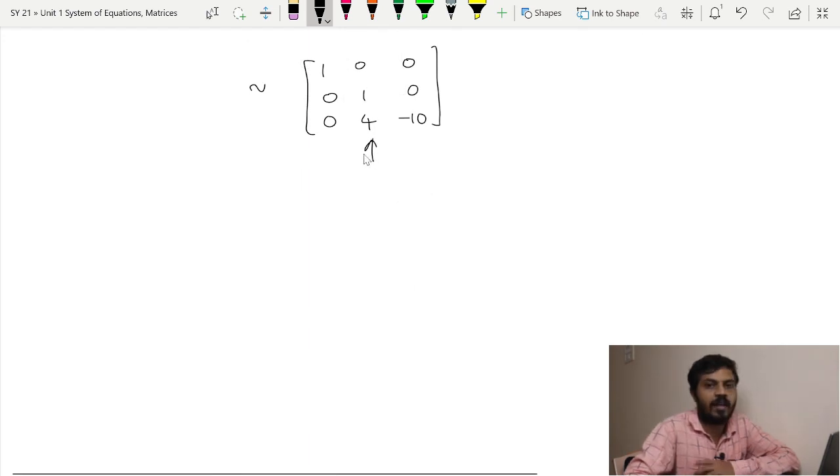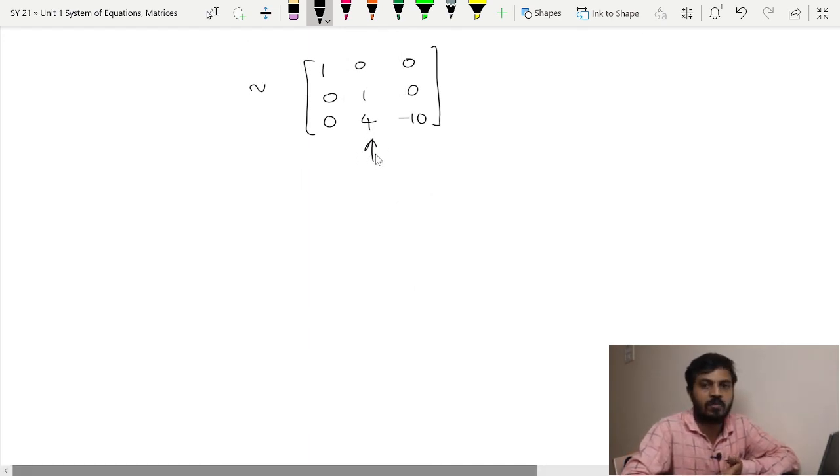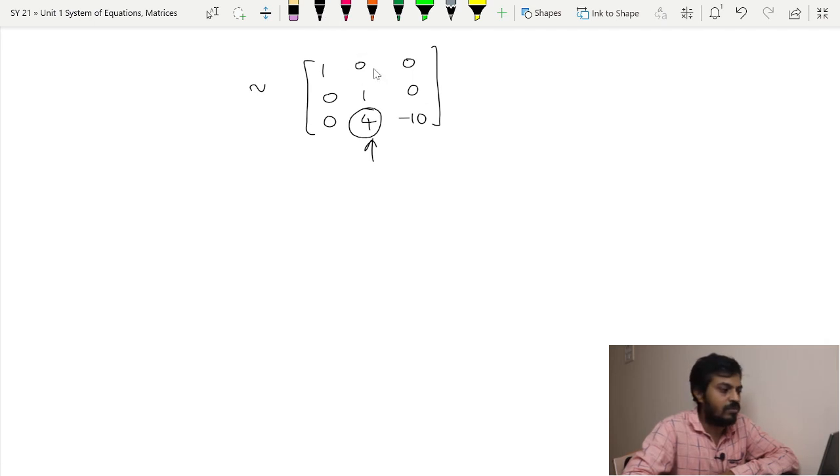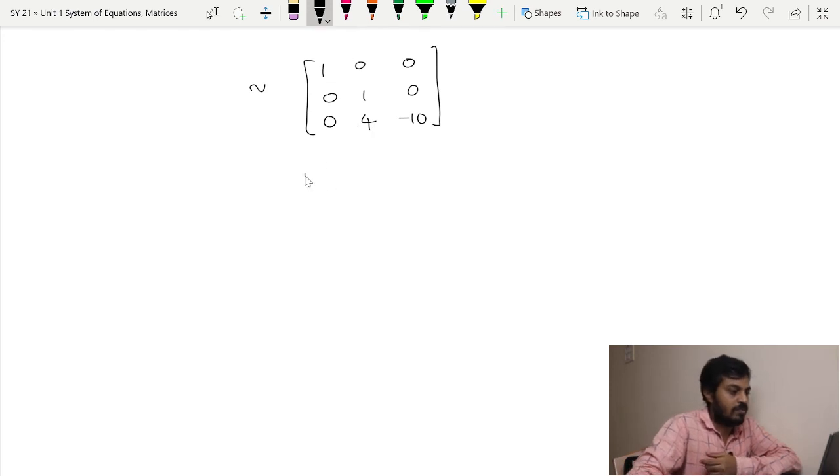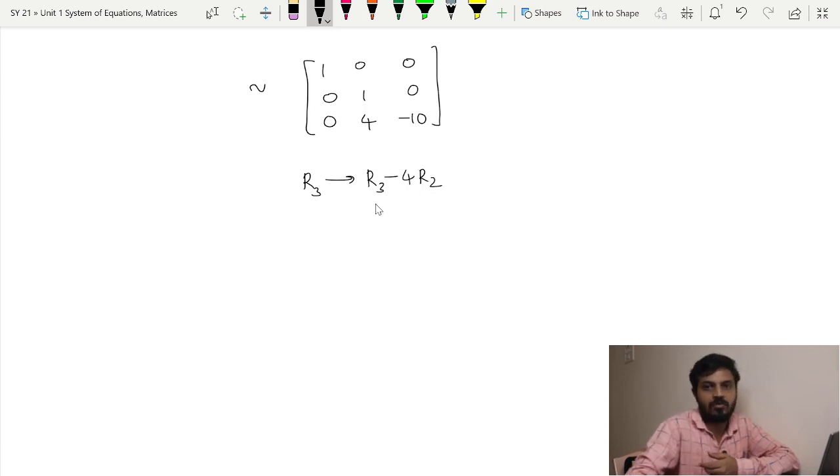Again, this entry in the identity matrix is 0, so we have to make that also 0. How to make it 0? Naturally we cannot use this entry because that entry is 0. Which entry can be used? You can see that this entry over here is 1, so we can take the help of that entry to make 4 as 0. Which operation to perform then? Naturally we will perform the operation on R3 as R3 minus 4 times R2. So this will be equivalent to